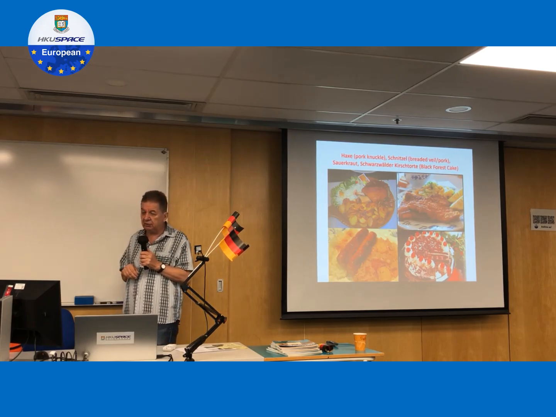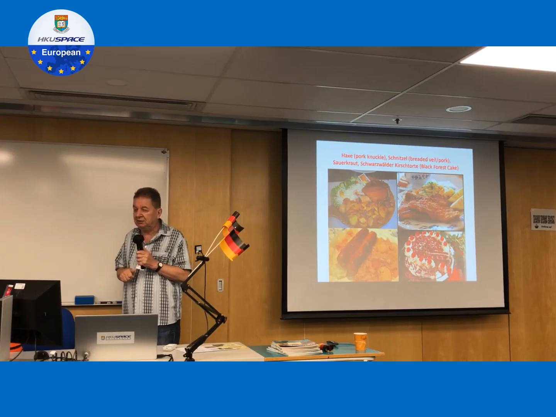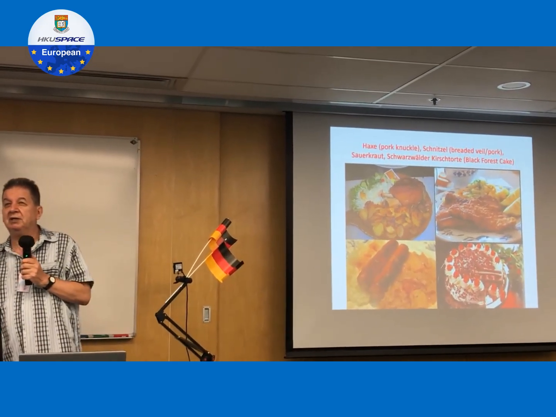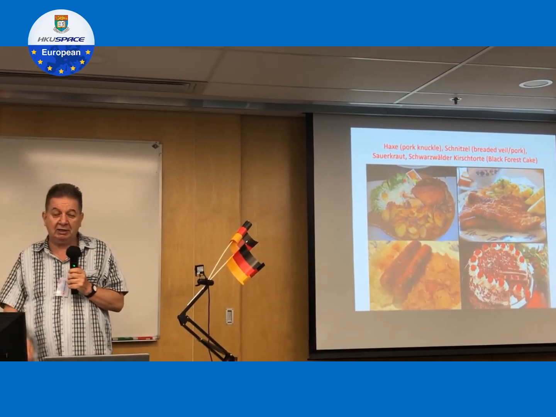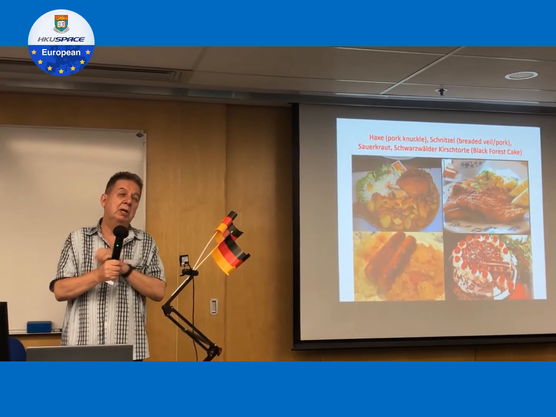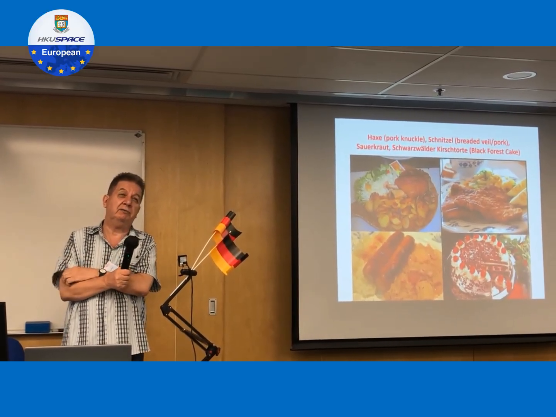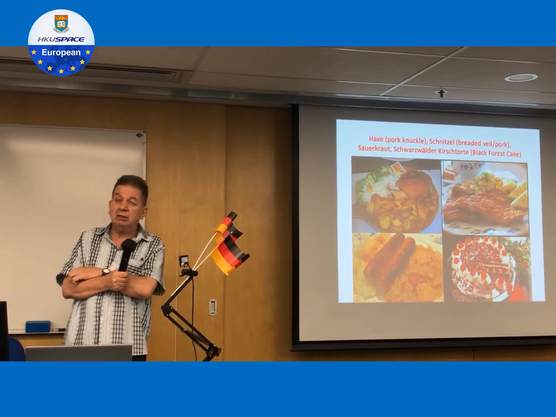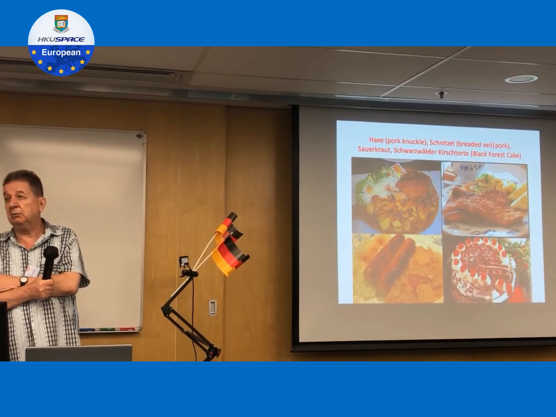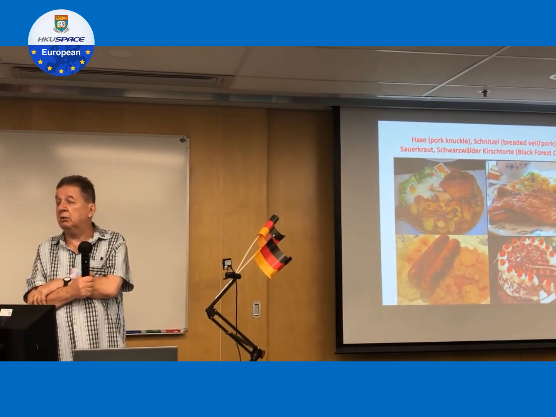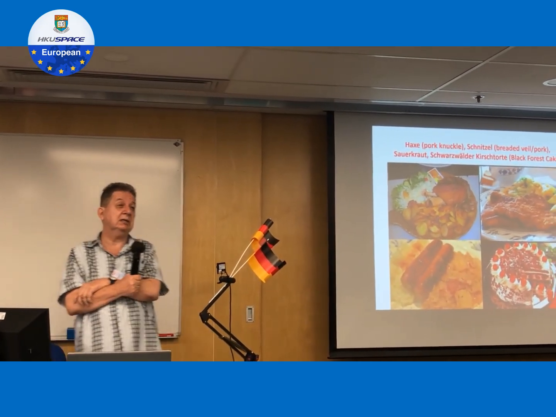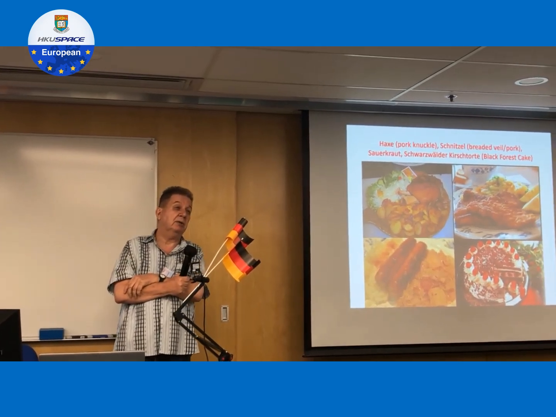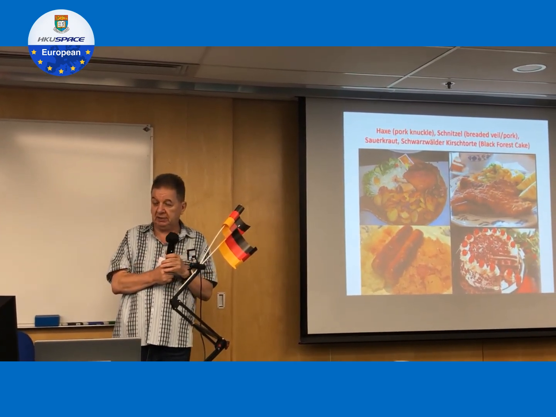And then we have, of course, sauerkraut. Sauerkraut is pickled cabbage. A million ways to prepare it. My grandmother from my father's side would have one way, the next auntie has another way, my mother's mother has another way. Nowadays, of course, everybody buys and it tastes very much similar. But in the old days, it would taste different.